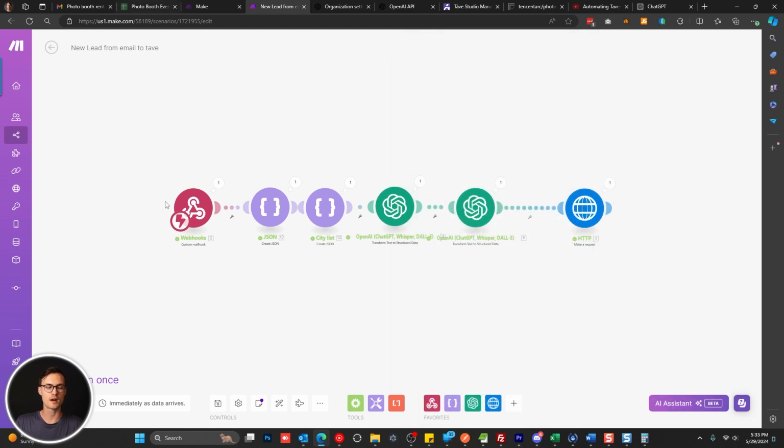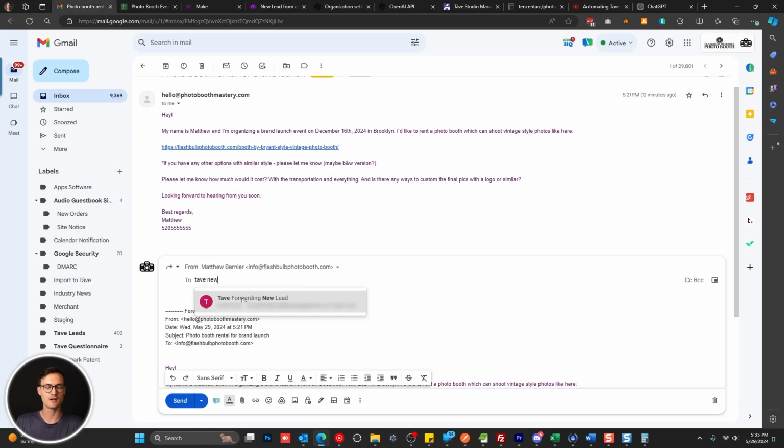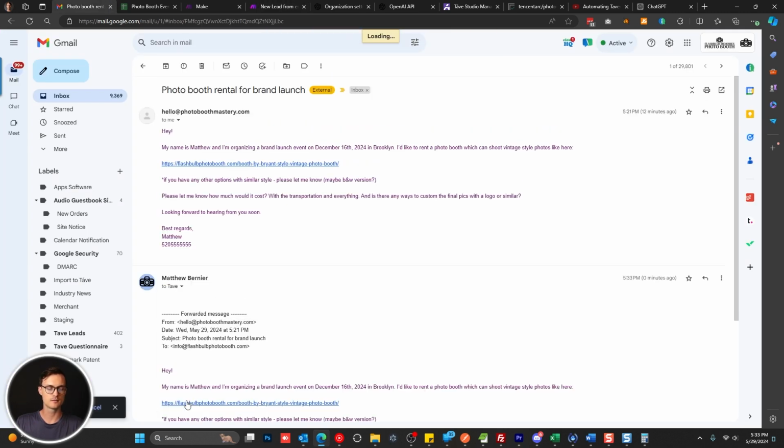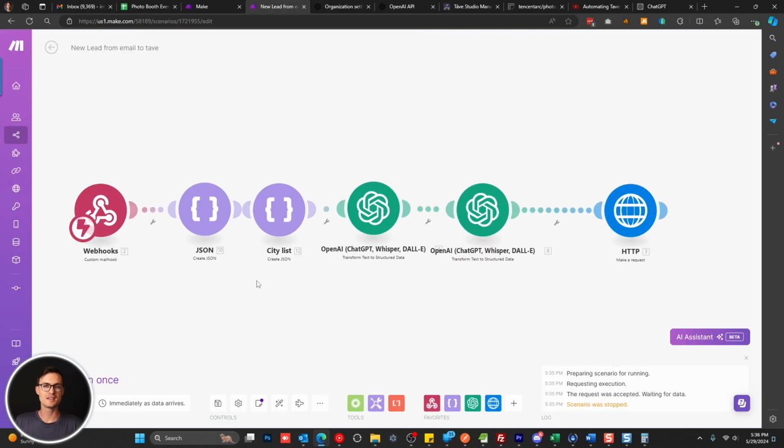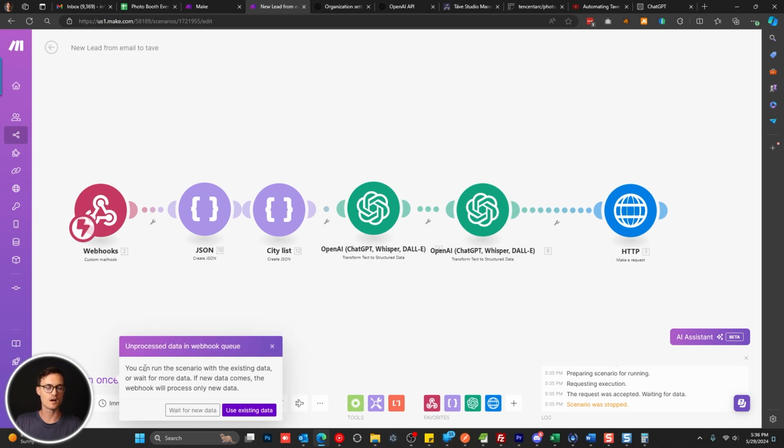So if you haven't done that already, I recommend saving where you're at currently, go to that email and go ahead and forward it. Just as is, you don't need to do anything special to it. Now, if you forwarded the email and you've waited a minute for it to go through, when you click run once, you should see this